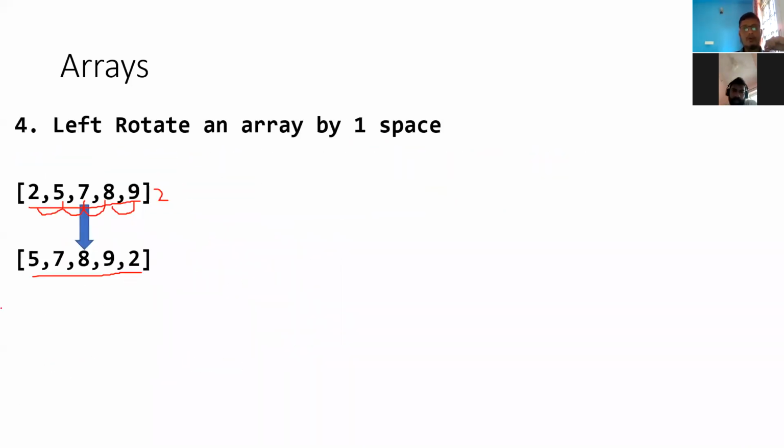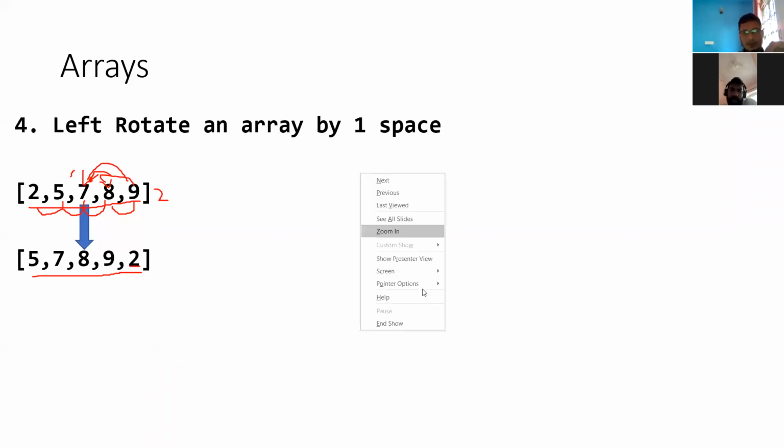So left rotate, what you can do is... Okay, fine. You people understood, right, how left rotate is nothing but anti-clockwise. You copy the elements anti-clockwise, in this case like this. When I say one space, it will be one space, and the first element will be moved to the last space. So how will this be achieved?